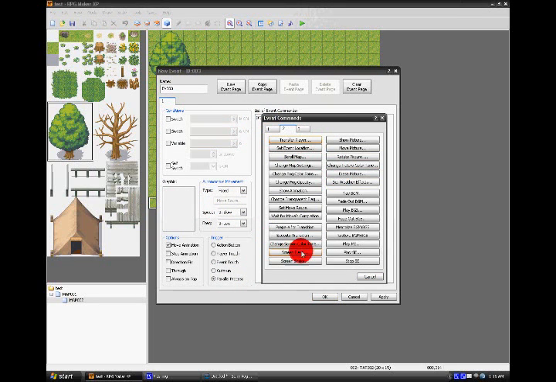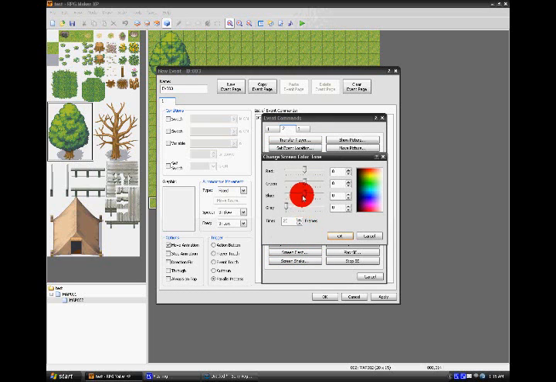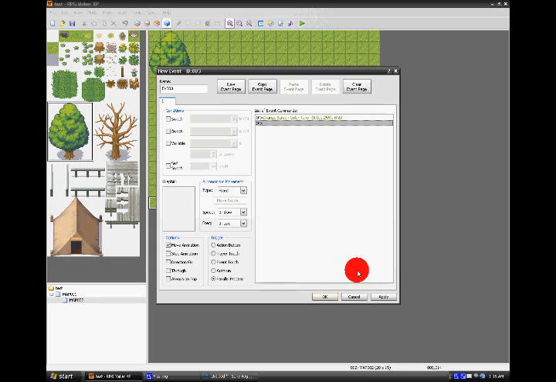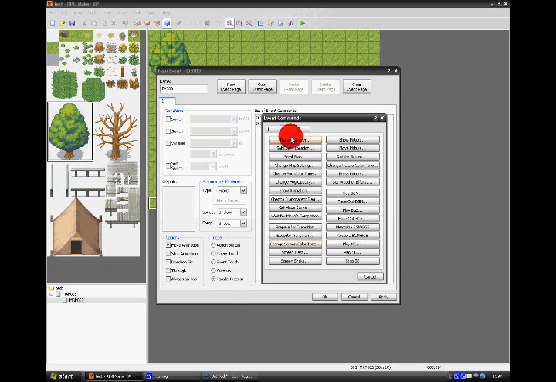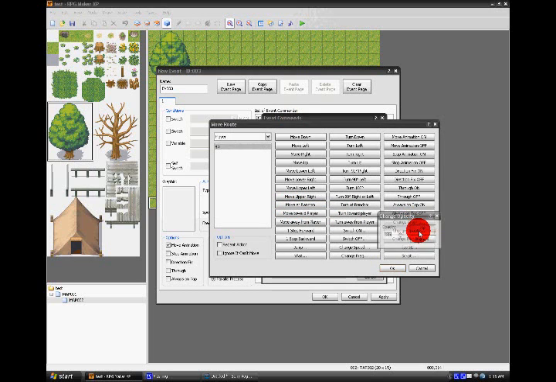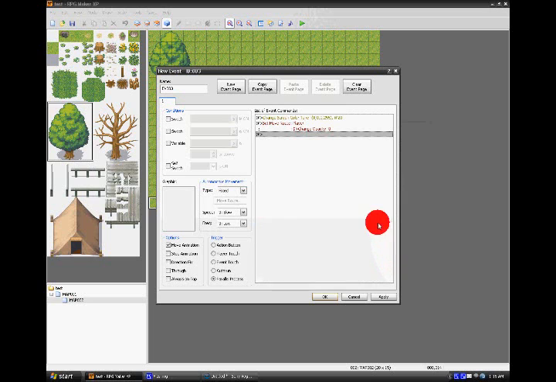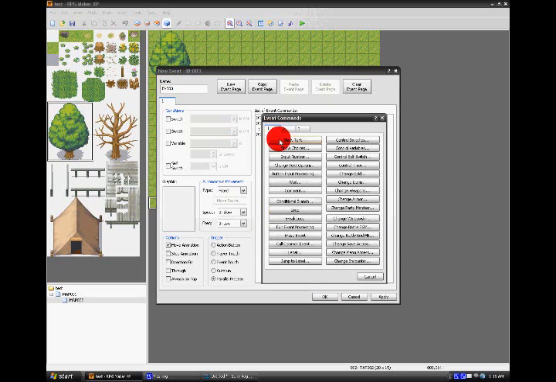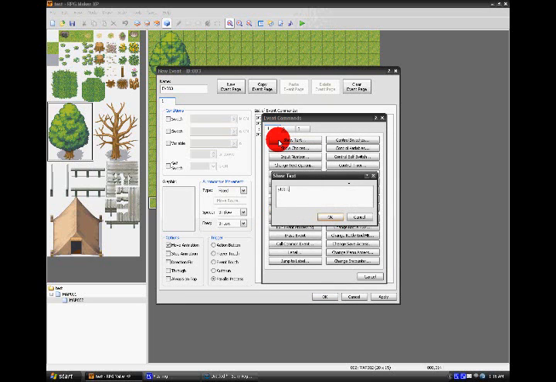We're going to go to change screen color tone. We're going to go to gray. We're going to bump gray all the way up because it's going to be like a flashback kind of thing, so you want it to be gray. And we're going to make the player non-visible to this, so we're going to go to set move route, change opacity to 0, hit OK, and then we'll have some text going on, blah blah blah,